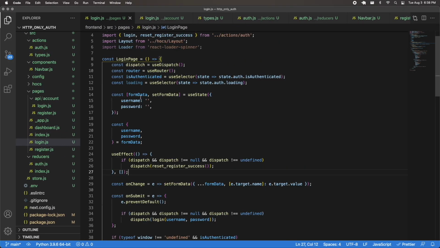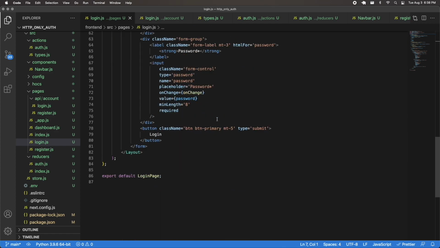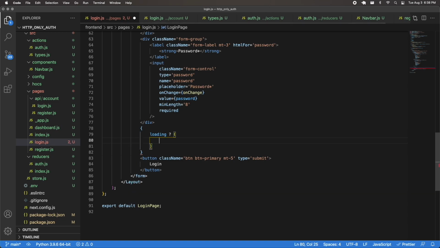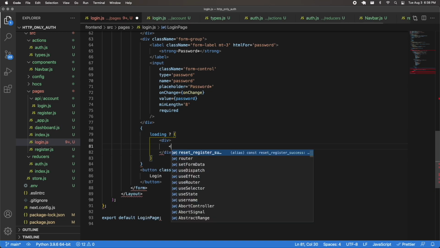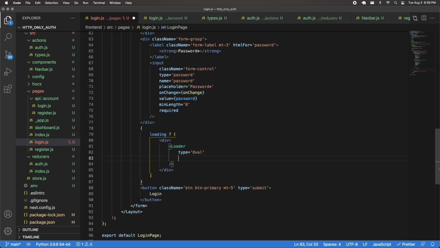I'm going to add a little bit of logic because we have this loading and this loader that we didn't make use of yet. So I might as well go ahead and make use of those. That's right over here in this button where I'm going to do that. I'm going to add some logic where I check if loading is true. And then if we are loading, I'm going to have a div with my loader component. This loader is going to take a couple properties. It's going to have a type of oval, which is going to make it circular. And then it's going to have a color, which I'm going to set equal to